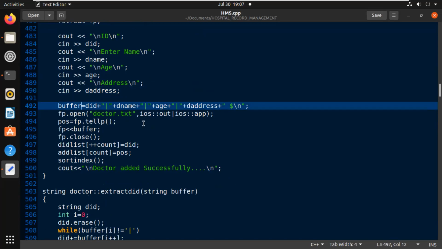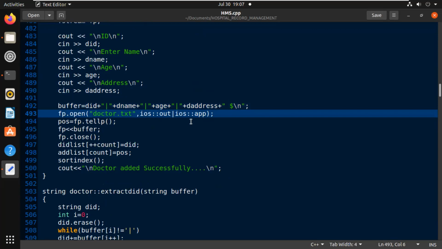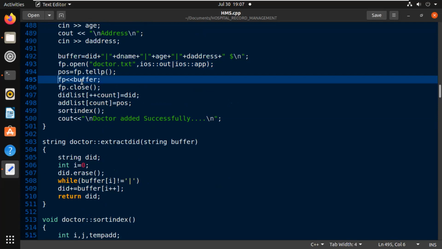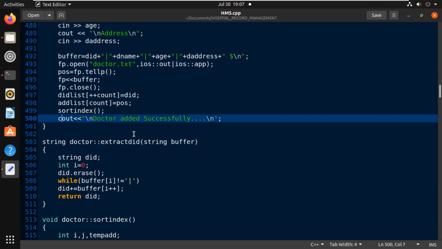So we will open the doctor.txt file in output and append mode, so we can add the details to the file. The contents present in the buffer will be added to the file fp. Then it prints that the doctor was added successfully.